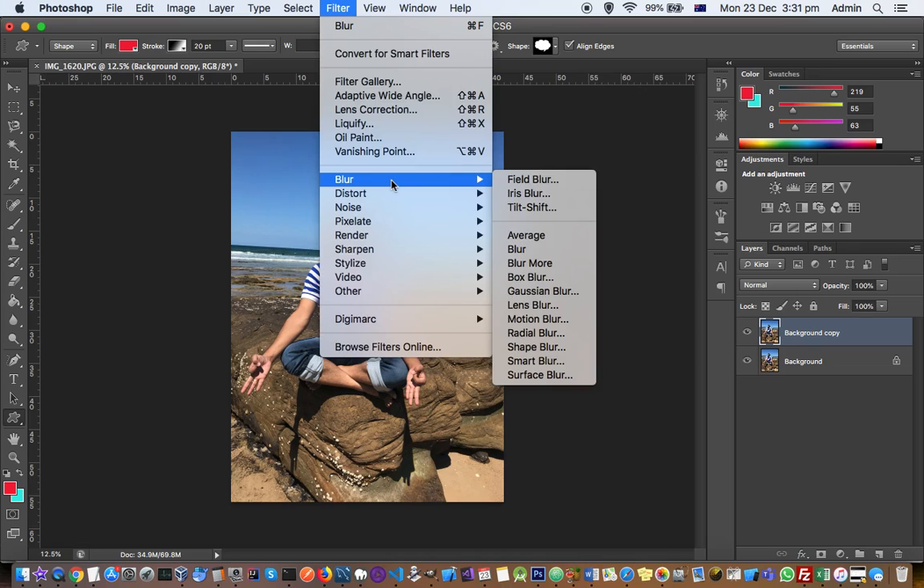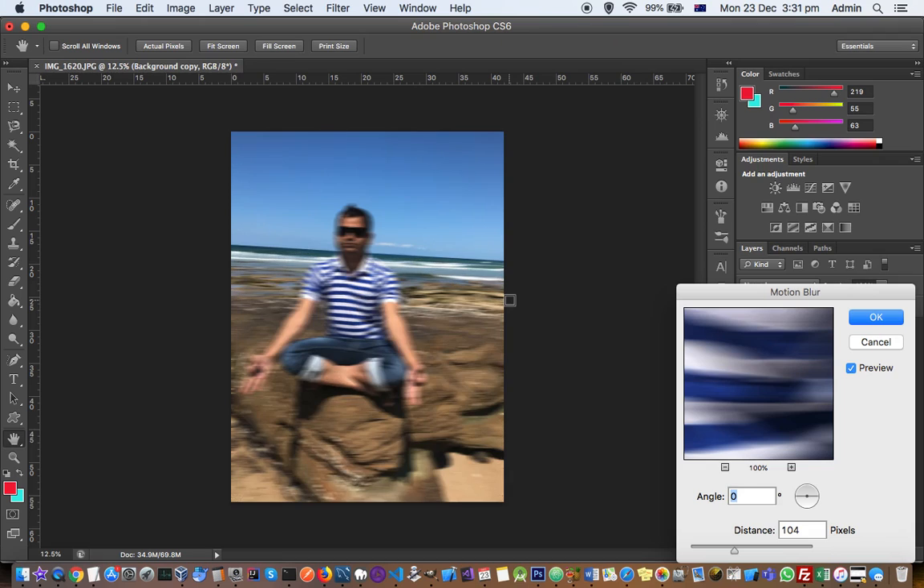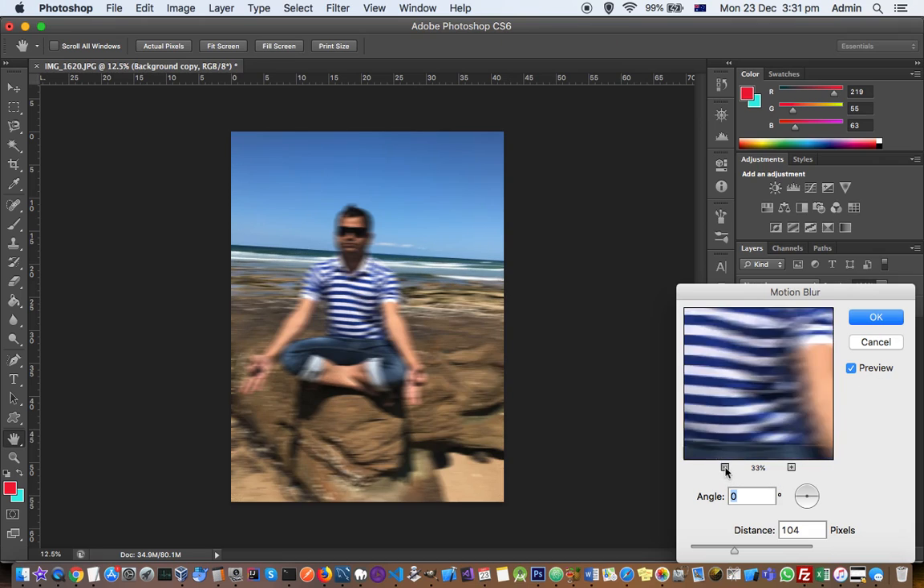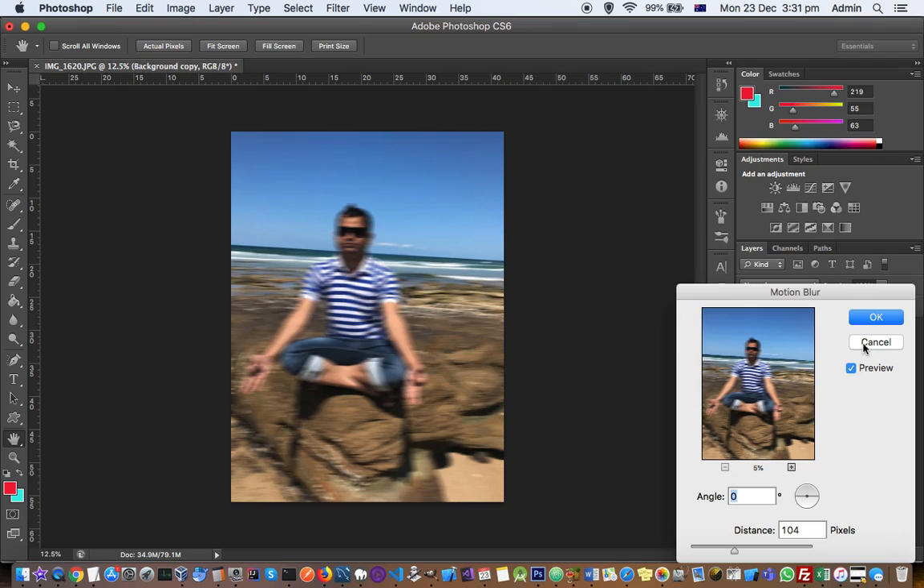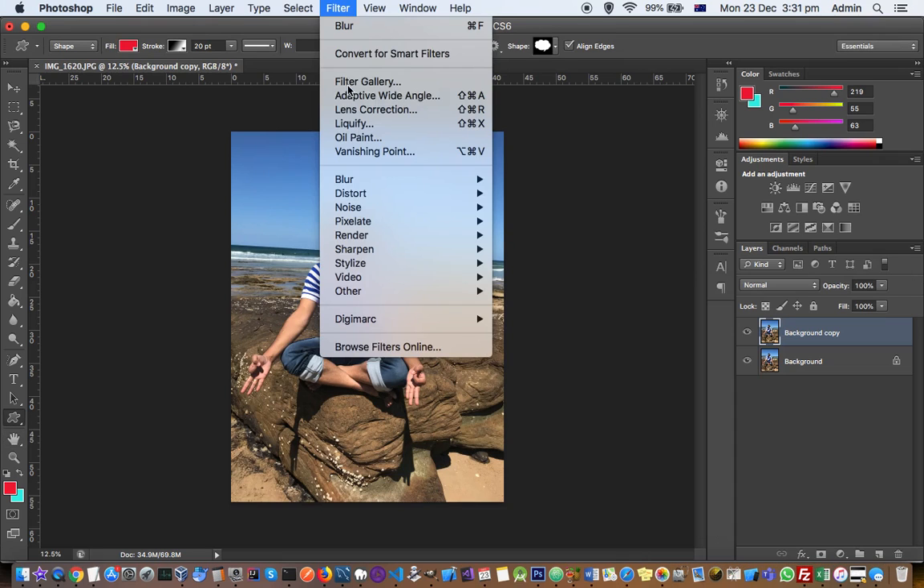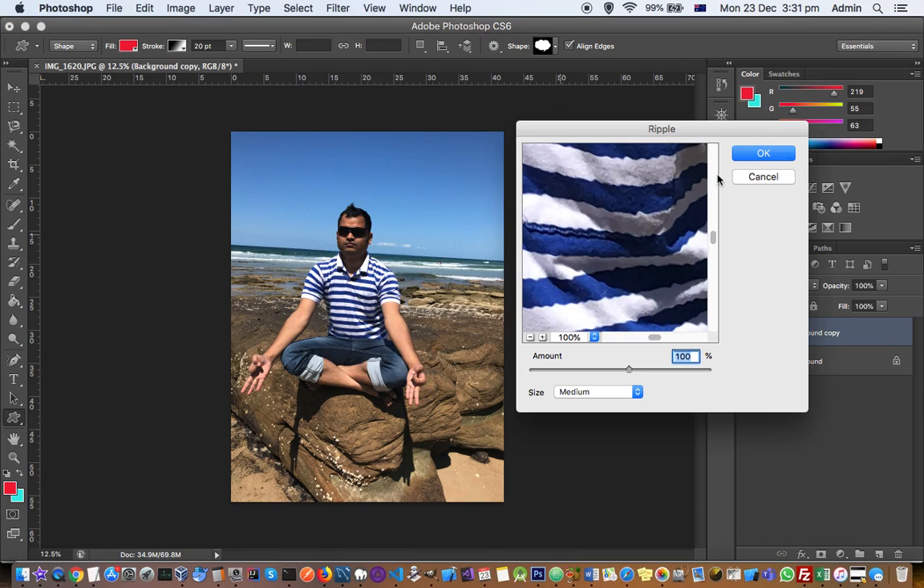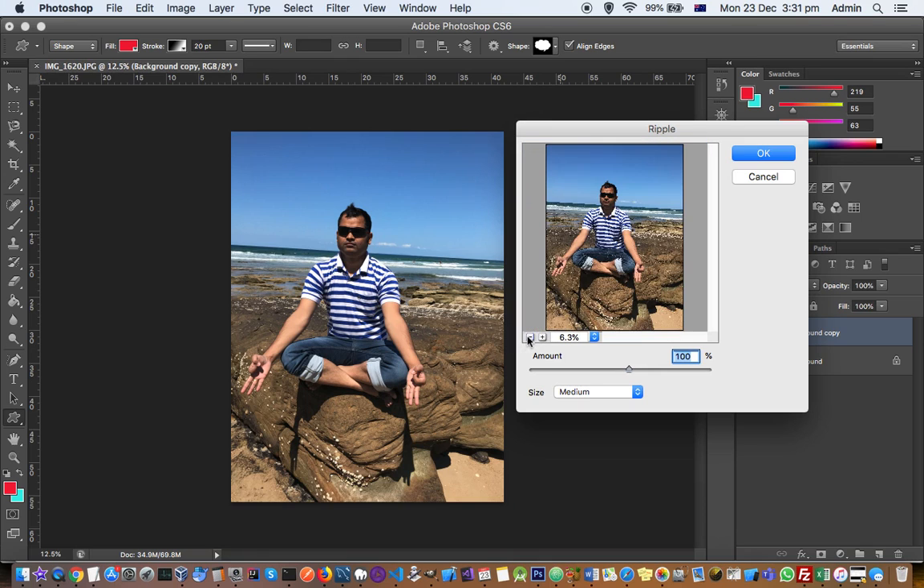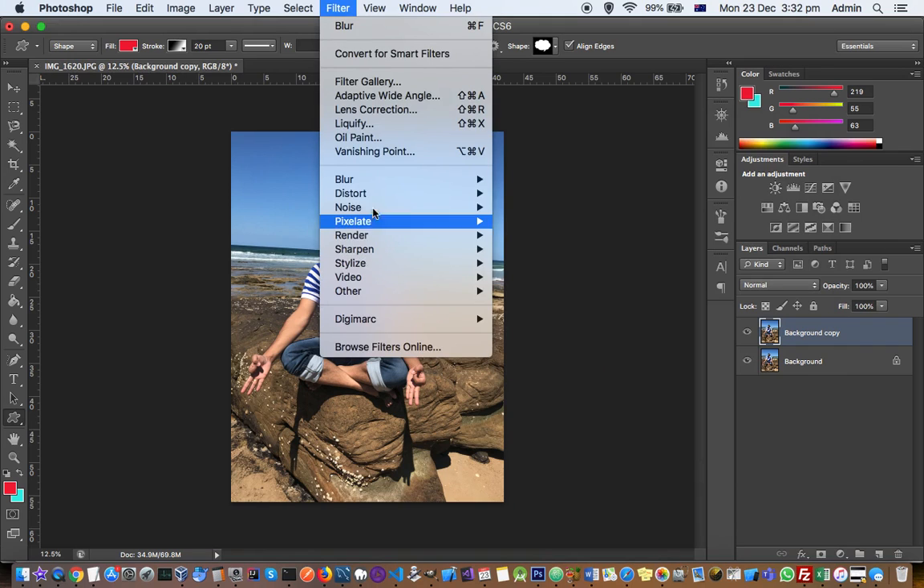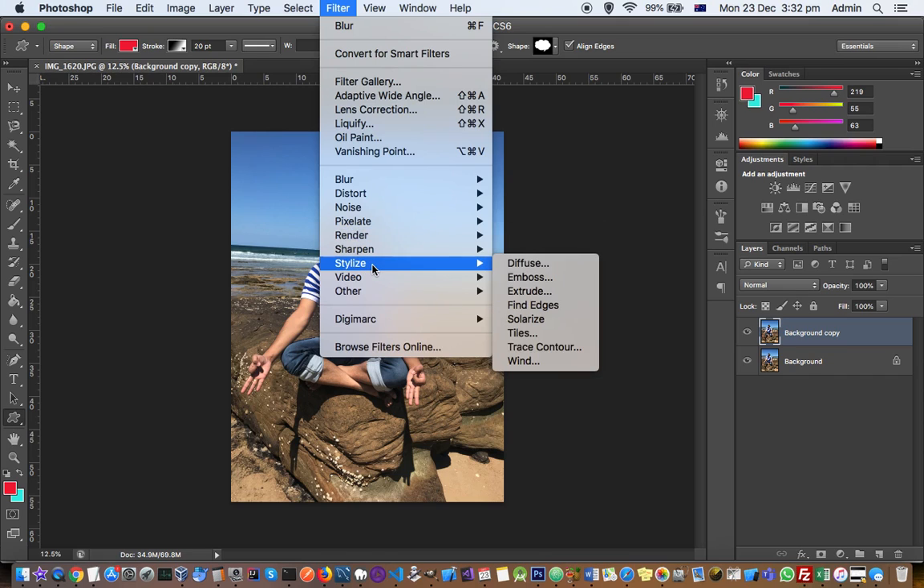Like in the blur itself, there are different types of blur, like motion blur, radial blur, etc. So that is how motion blur is going to look. Then in the distortion, we have displace, pinch, ripple, shear, swirl, wave, zigzag, etc. That is what it is going to look like. And there is a noise filter, then pixelate, render filter, sharpen filter, stylize filter,